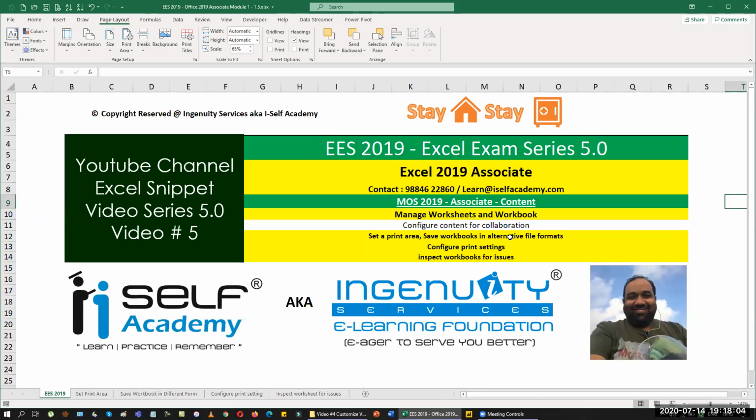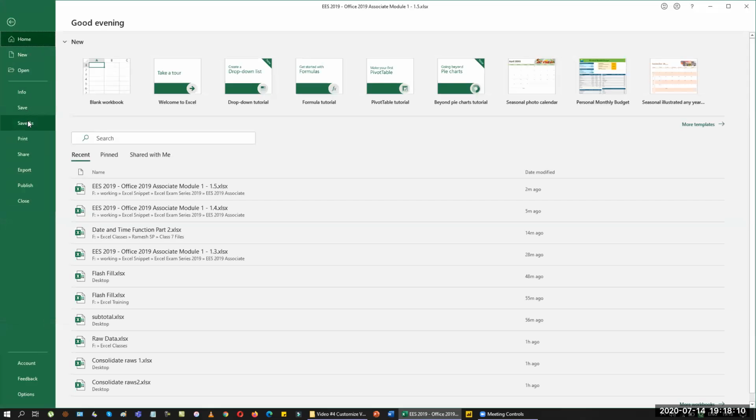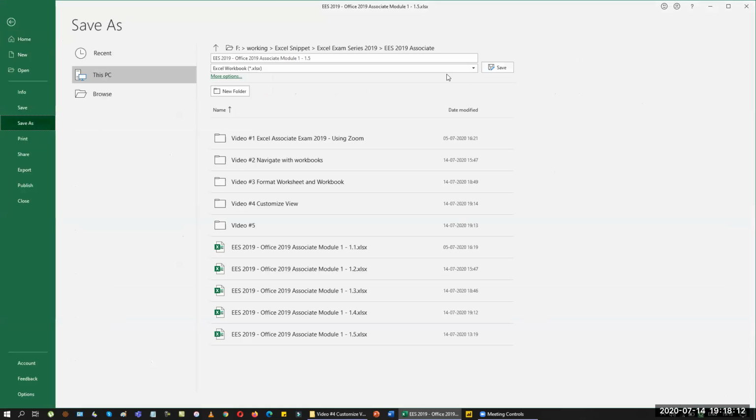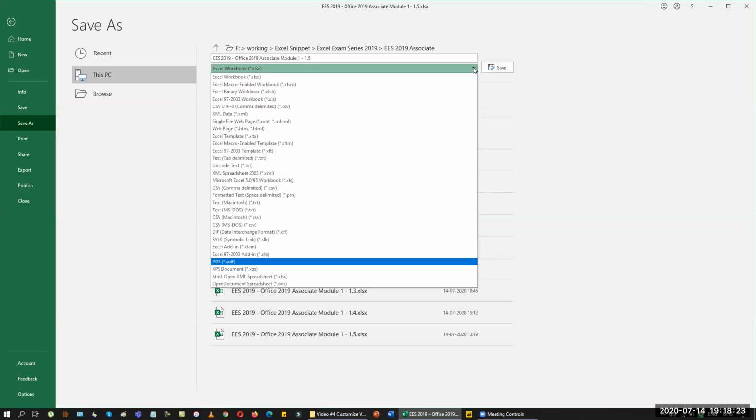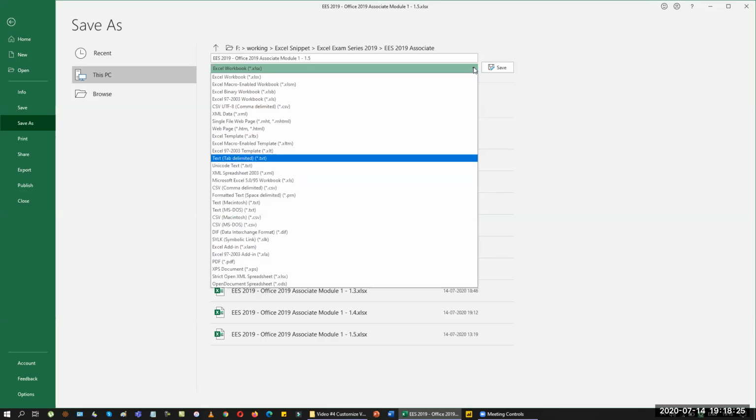The different part in this video is only the saving logic. I can save this file in multiple formats. You have a lot of options here when I go for Save As. You can save this as a text file, which opens in MS-DOS or Mac. You can save this as a PDF file if I wanted to, and you can save this as a text delimited file, or delimited width. They'll ask you to save it in multiple formats. So when you read the question, most of them you can answer, but they're looking for an answer from you on this front.